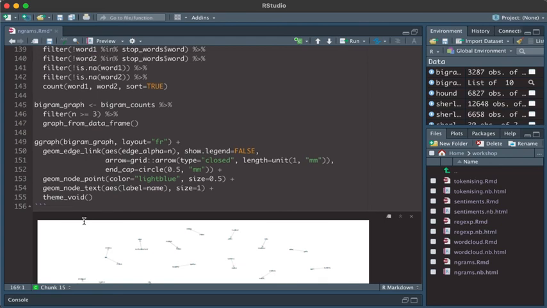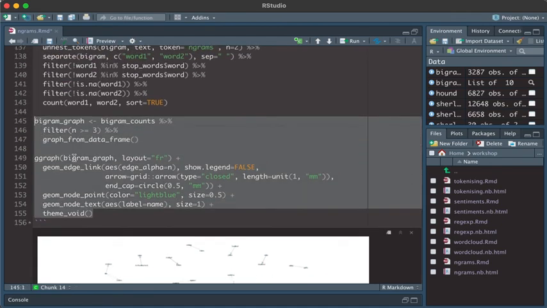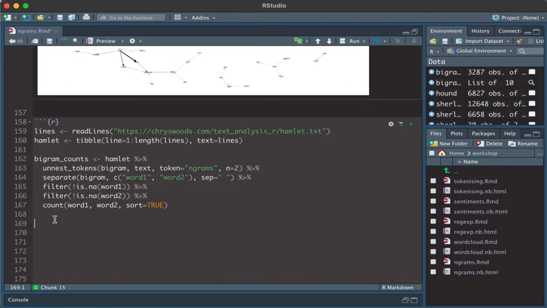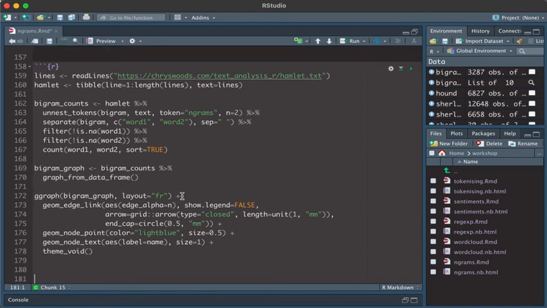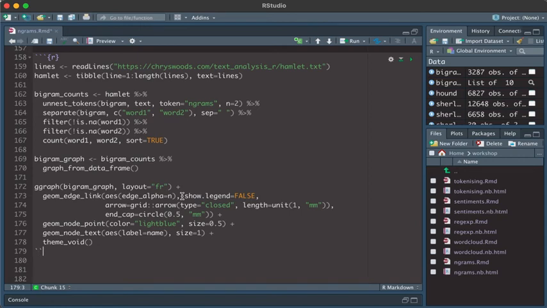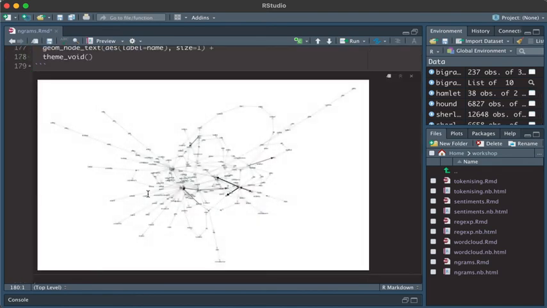So again, I'll just copy and paste this rather than have you watch me type it all out. But the only difference we're going to have, as I said, is that we don't filter it. So we don't need to filter out everything where n is more than 3. We're going to draw everything here. When you have a small text, like the soliloquy is, it's okay to draw these graphs with all the bigrams because there's not that many of them. You're not going to overload the computer. And there we are. This is all of the bigrams from the soliloquy,